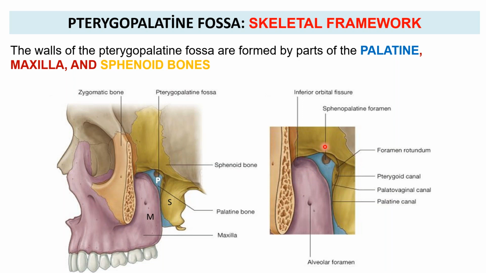If we look into the next diagram, this is the detailed view of the pterygopalatine fossa. We can see that this is the area of the orbit. You can see this fissure that you had already seen in the earlier class as well. This is the inferior orbital fissure. Through this inferior orbital fissure, the pterygopalatine fossa is communicating with the orbit. There are many communications like these, small foramina in its medial wall and posterior wall. We'll come to it gradually. First we should know the skeletal framework of the pterygopalatine fossa.